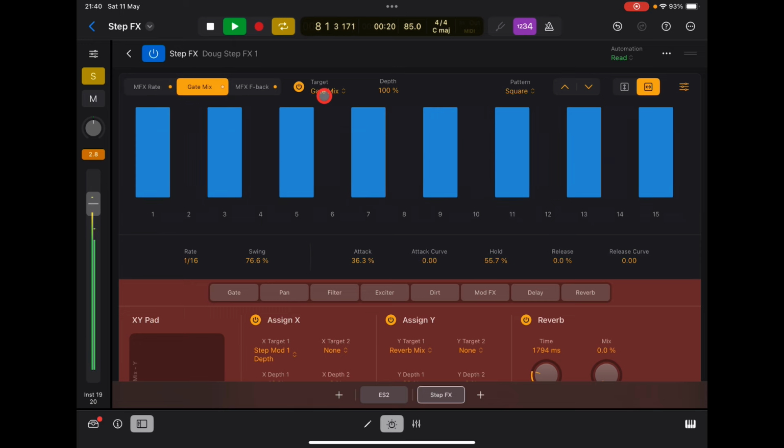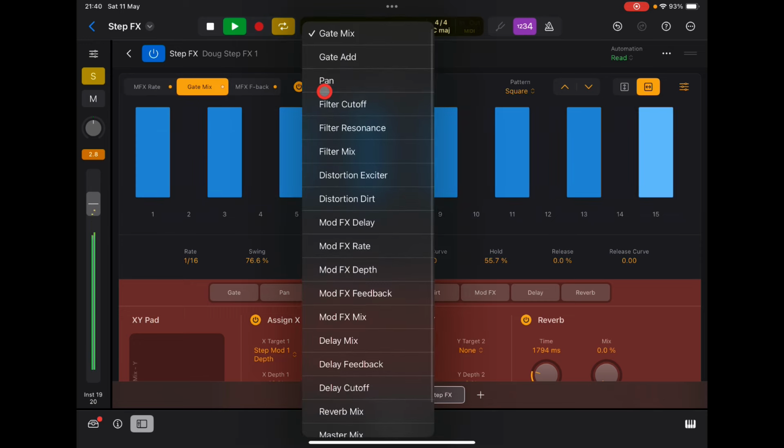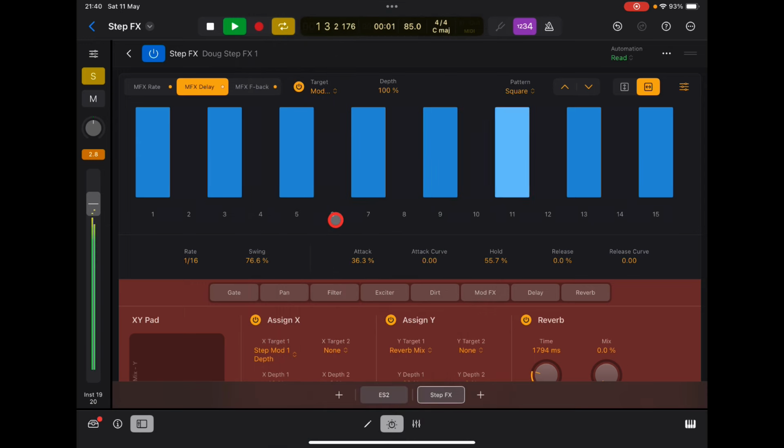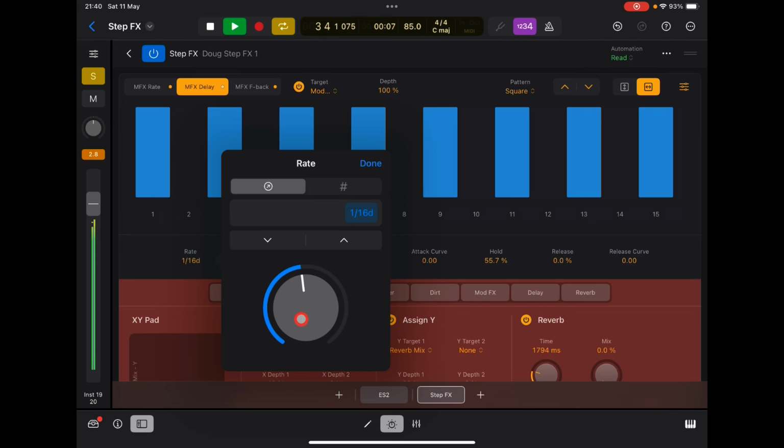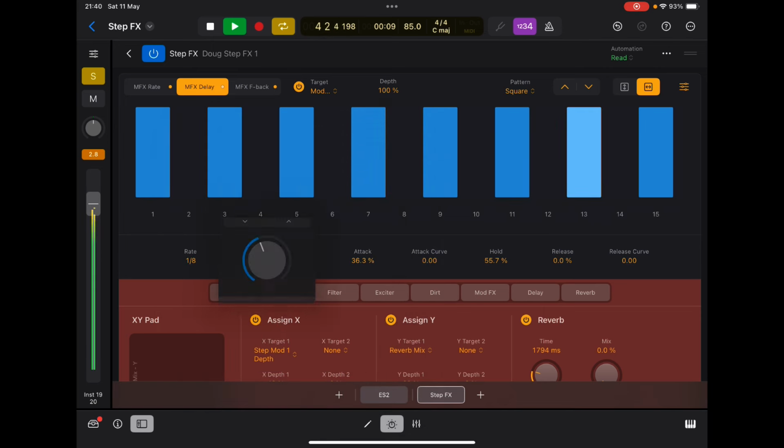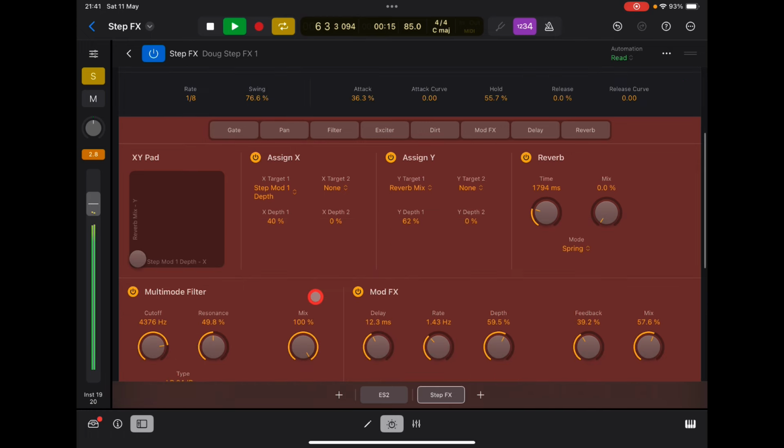Maybe assign this one to the mod delay. Less depth, or